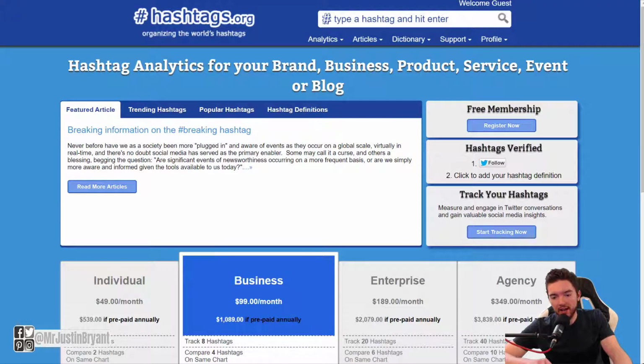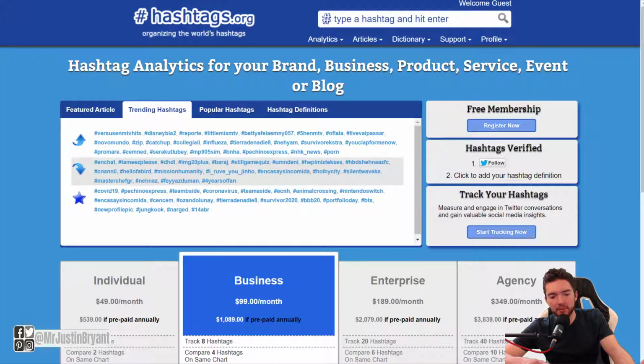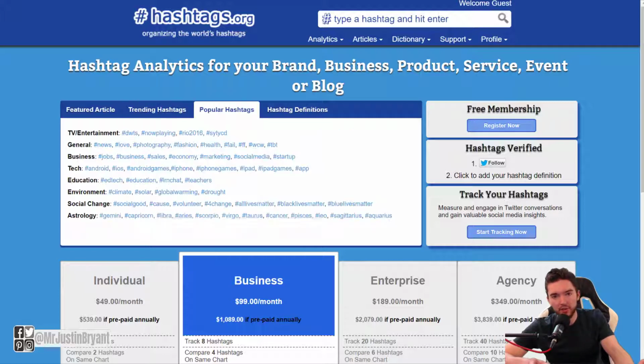Next, you have hashtags. Hashtags can get you discovered, especially if you post something that's high quality and you're trying to get it seen by a certain amount of people. Now, you don't want to do hashtags that are too broad of an audience, that are too popular, because there's going to be so many that you'll just get lost in the list of the countless posts in that hashtag.